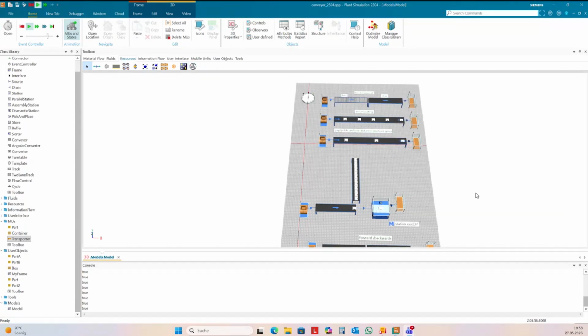Okay, I changed my model again, and now it works like it should. I only forgot to set up a failure in the source so that I create gaps for unloading. Okay,